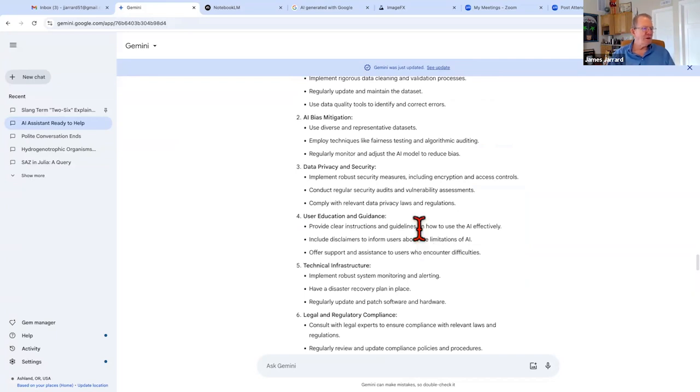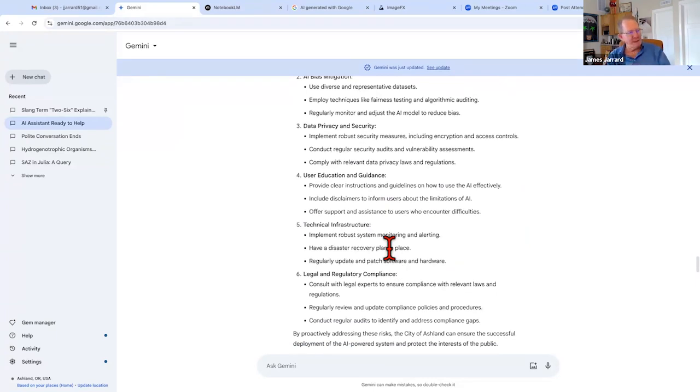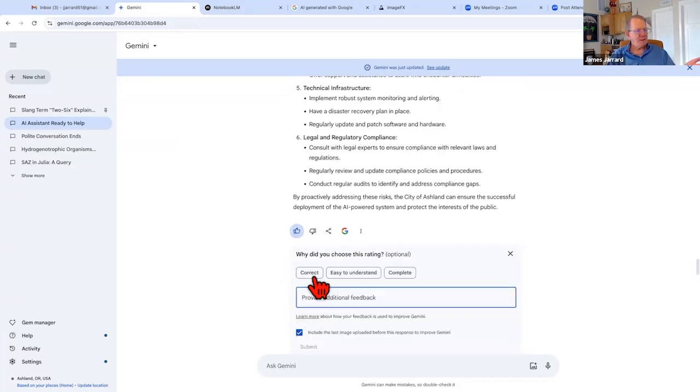Conduct regular security audits, comply with relevant data laws. I will see something today. I hope we get there. And remember, this little bit right here, I'm going to say that's a good response. It's correct.